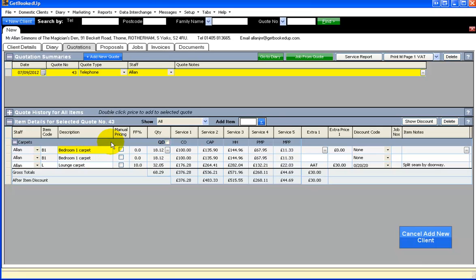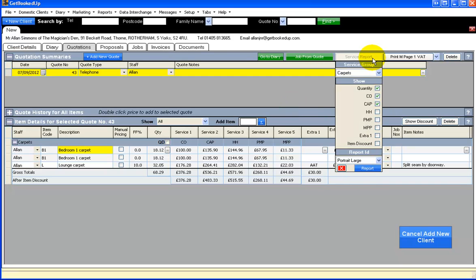If you're in the customer's home and want to show the client this on the screen, we go to service report. We choose which service group we want to provide the quote for. So in this instance we've just got the carpets. Do we want to show the quantity field on there? We're not going to show that. We're going to show the clean only, the clean and protect. We're going to show the healthy home, and we're going to show the maintenance plan pricing as well. We're not going to show the extras, and we're not going to show the extra item discount. We can choose how we display that. So we're going to display that in a landscape, and click report,